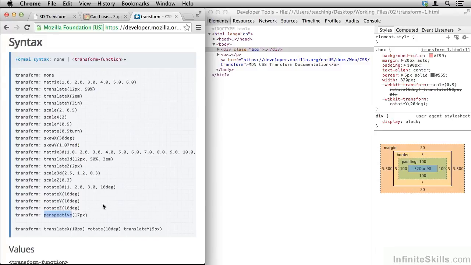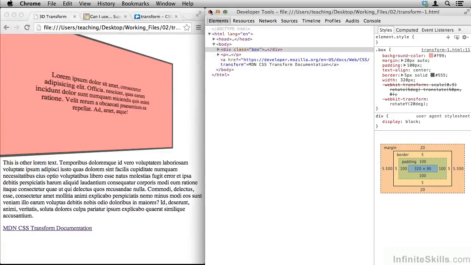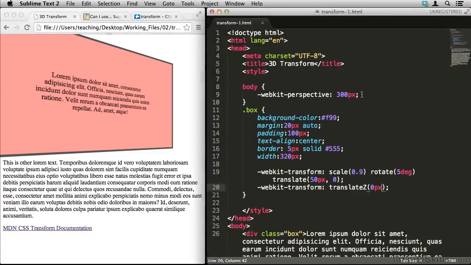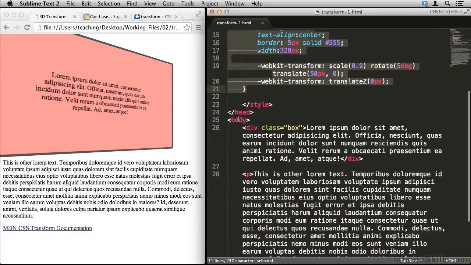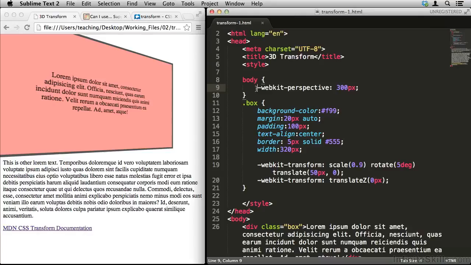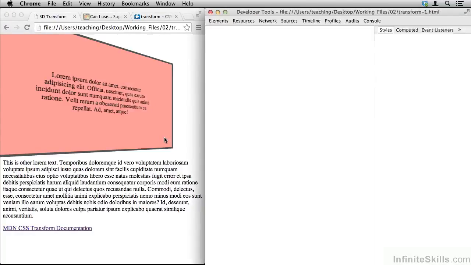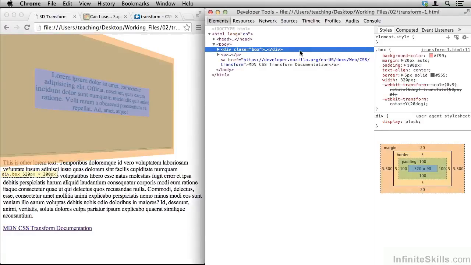Now the other thing I want to go over is perspective. Now the specification is still changing a little bit, so this is a little bit fuzzy. If it doesn't work the first time, you might have to do a little bit of Googling to figure out how to make it work. But here's the concept. Here we have a box. This box div is inside the body. If we put WebKit perspective on the body and give it a value, what that does is it sets a relationship between things further away and things that are closer. If you're familiar with film, you might consider that focal length. Or if you've ever watched normal YouTube videos